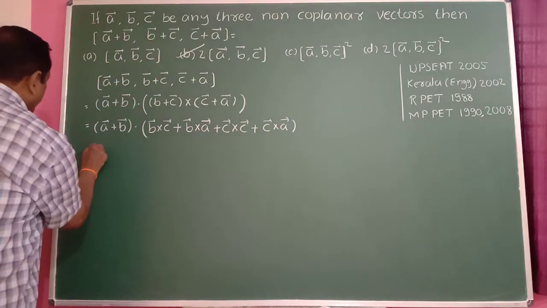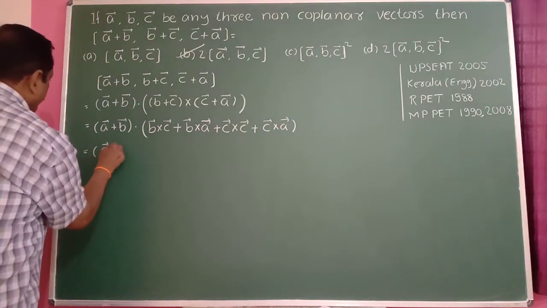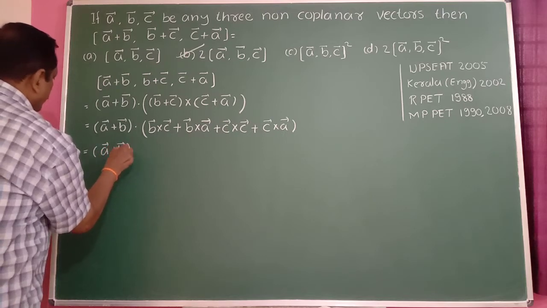Hence this is equal to (a bar + b bar) dot of